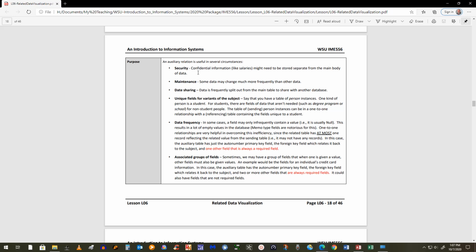I say that right now this results in a lot of empty values in your database. Especially on memo or long text type fields, they're notorious for having null values. The one-to-one relationship here is very helpful in overcoming what I call an inefficiency. I think it's very inefficient to have a lot of null values in your database. All right, to overcome that inefficiency,